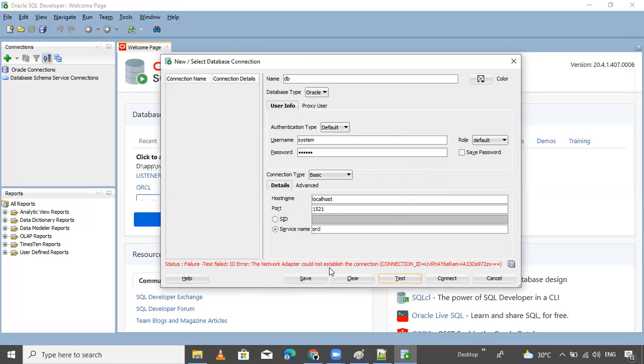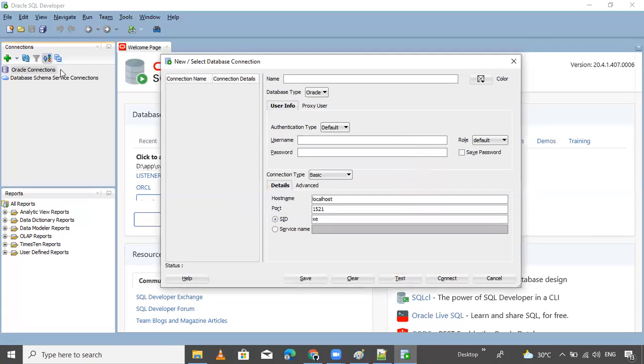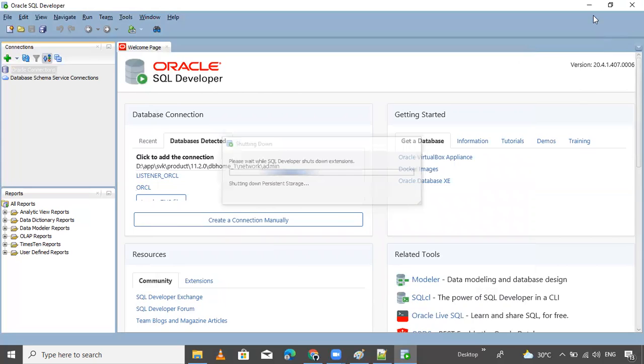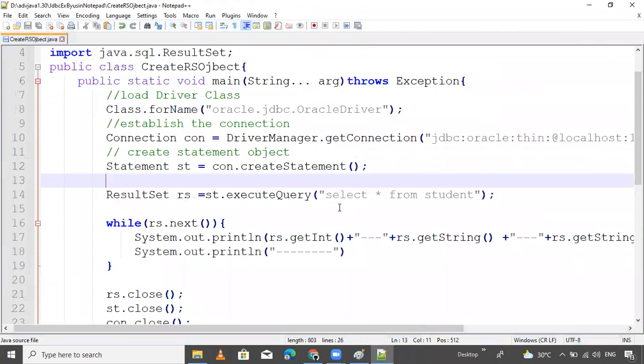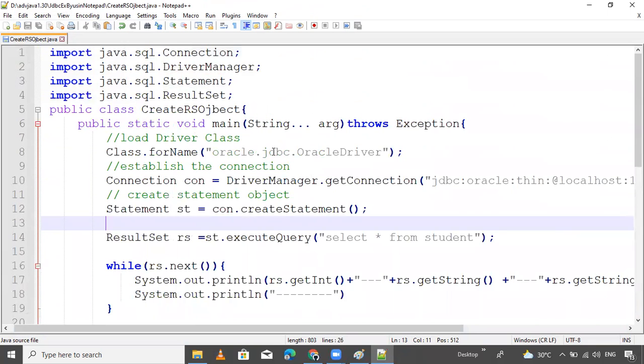It doesn't say what is telling you to connect. This may happen, but I will show this example in the next session. Okay, next session. This example is how to execute and get the data. First I will fix this problem after this session.